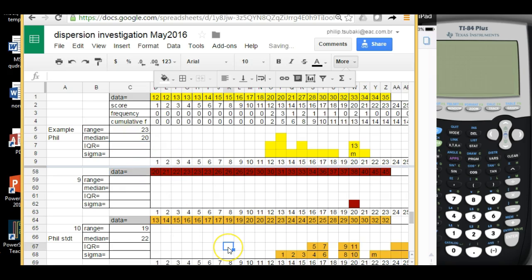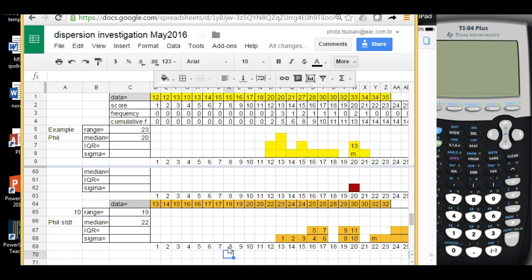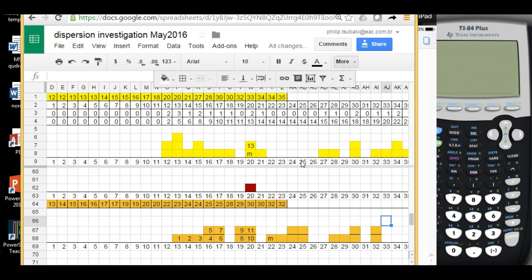Okay. Next thing it asks for is IQR. IQR is a different way of measuring how spread apart the data is. It doesn't look at the smallest and largest value like we did before with range. What it does is it looks for a block that's a little bit in here and a little bit in here. And the reason why it doesn't look at the most extreme blocks is